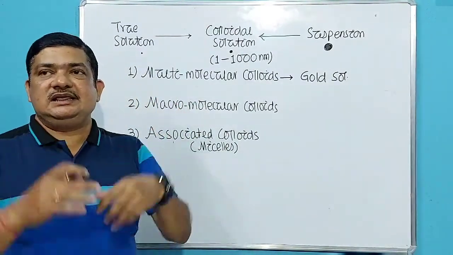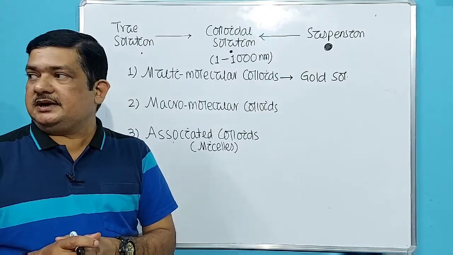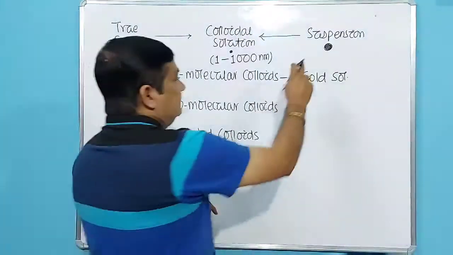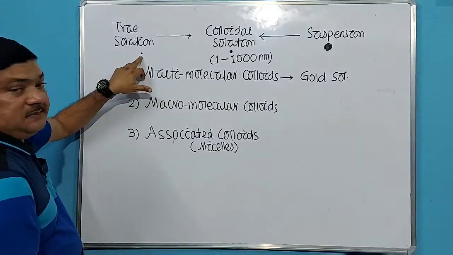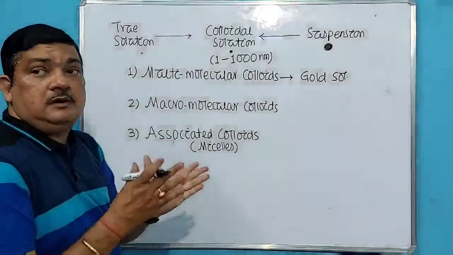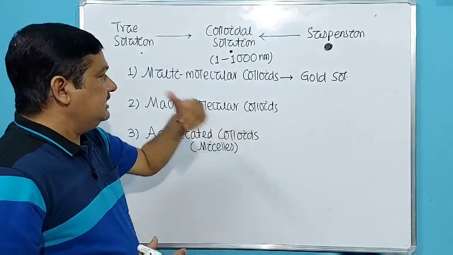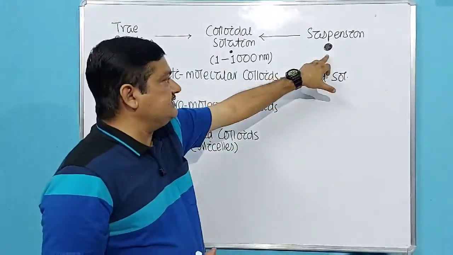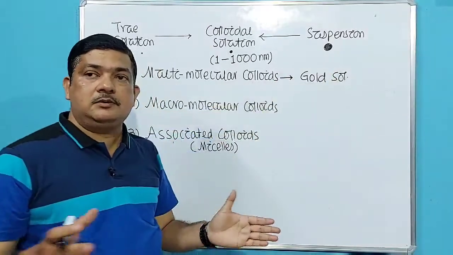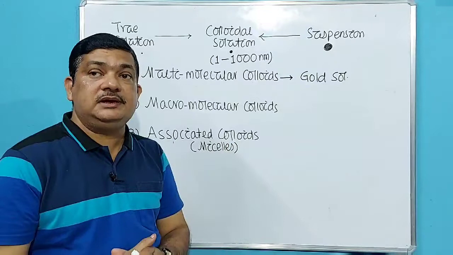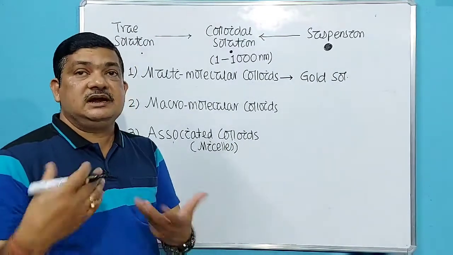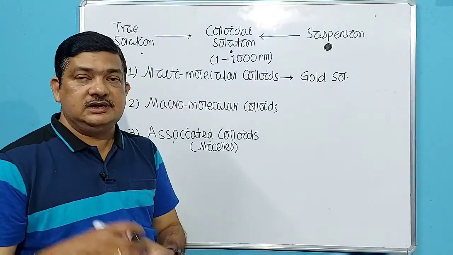So when macromolecules are added to a suitable solvent, what happens? The macro means the particle size is large. So in case 1, we have increased the particle size from this to this. How? Now by addition, by combination. Then in macromolecule, the particle size is too large. Then what we have to do? Now we have to bring it down to the lower range. The particle size has to be reduced. How can we reduce it? Now by dissolving in a suitable solvent.